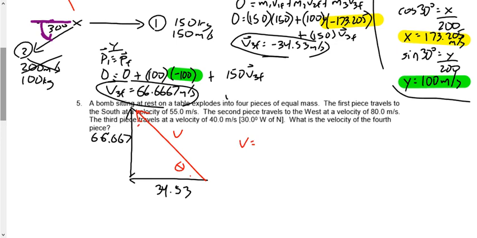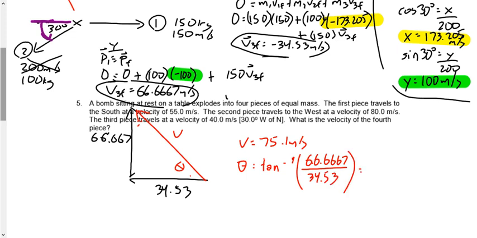Okay, how do you find V? I won't do the work here, but how do you find it? Pythagorean theorem, a squared plus b squared equals c squared. V works out to be 75.1 meters per second here. Theta, a little bit harder, the inverse tan of opposite over adjacent. What's opposite? 66 over adjacent, 34.53. That's going to work out to be